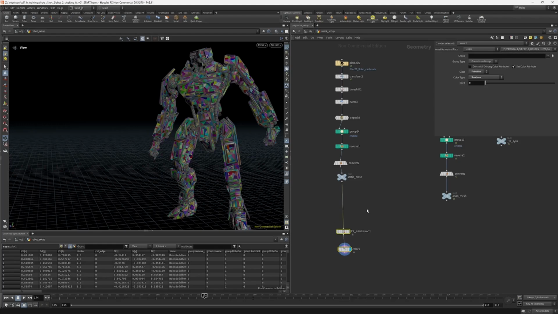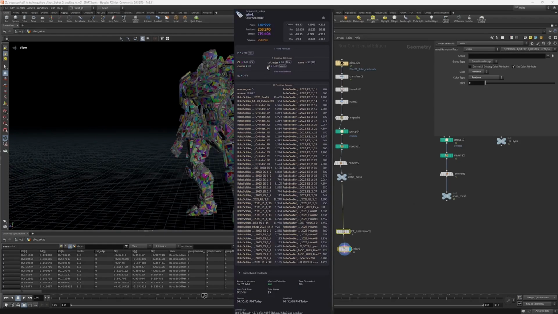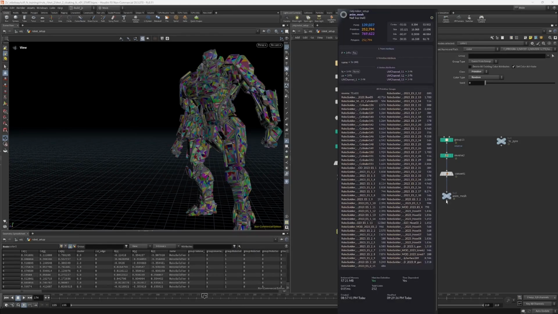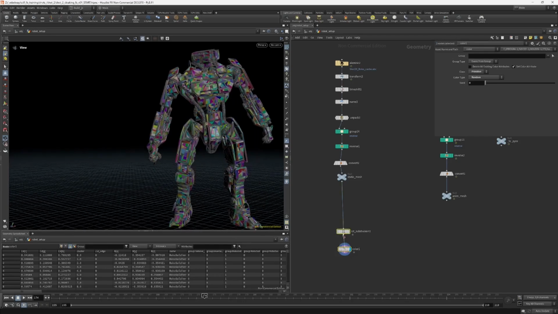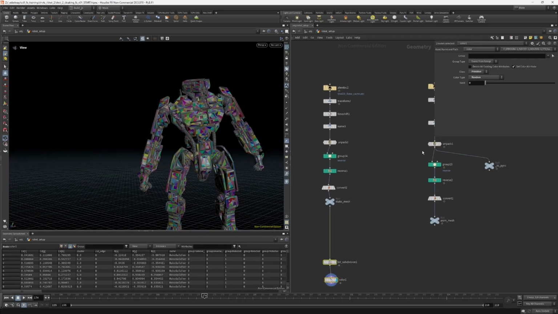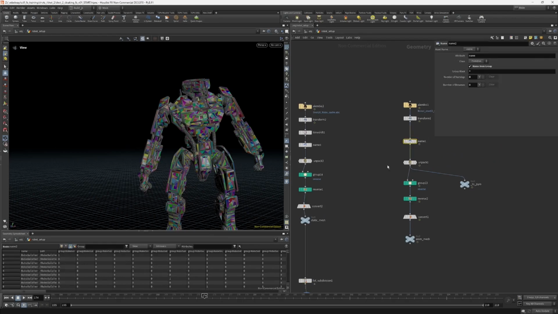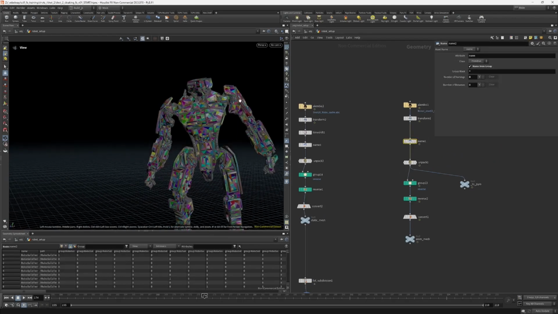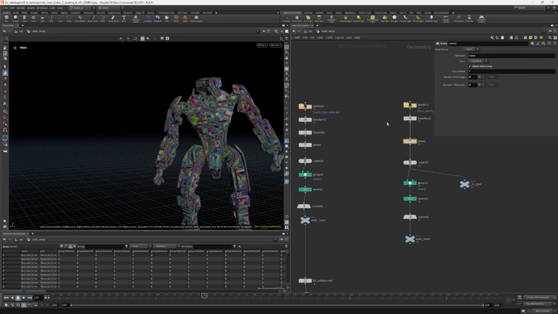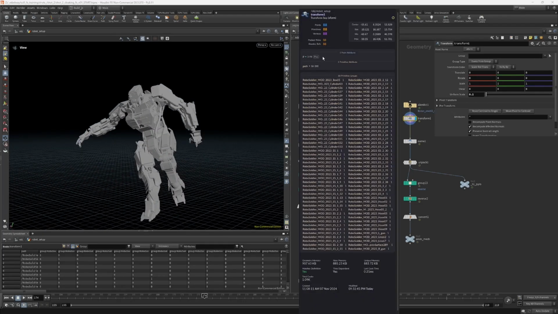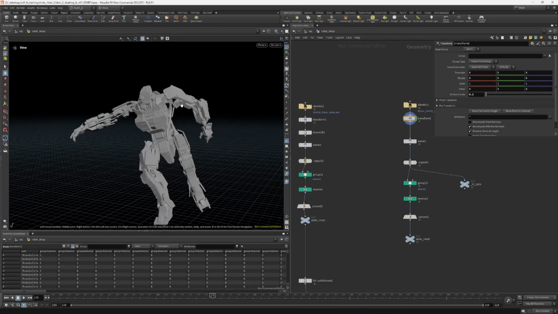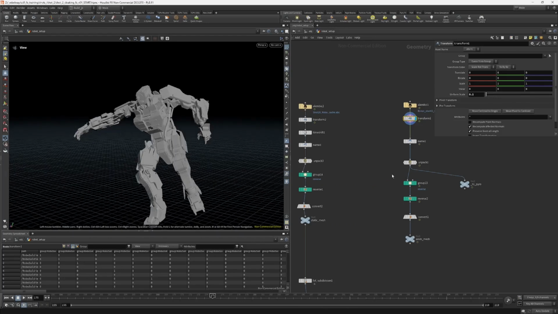Now, the only other problem, obviously, is because we've now changed the point count and the primitive count, these meshes can't just be, you can't just copy the attribute, the position attribute or animation over very easily. And to do that, what we're going to actually look at is going a bit further upstream and having a look at, we created this name attribute, and we're going to use basically our packed primitives. So going back here, we've got our 88 primitives, and each one's got a name, and these are all representing the parts of the robot. And we can actually use that